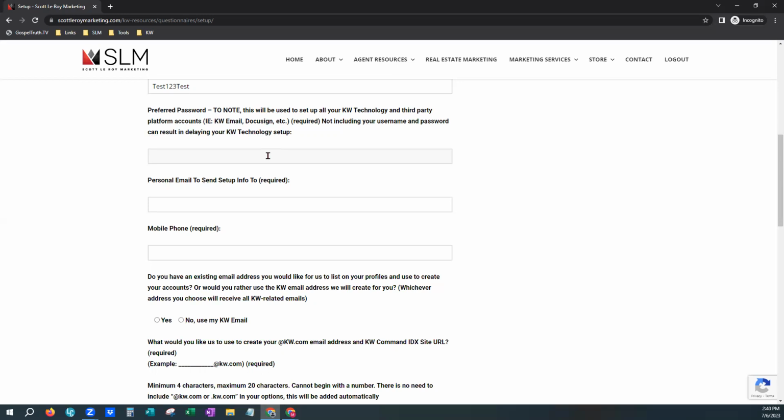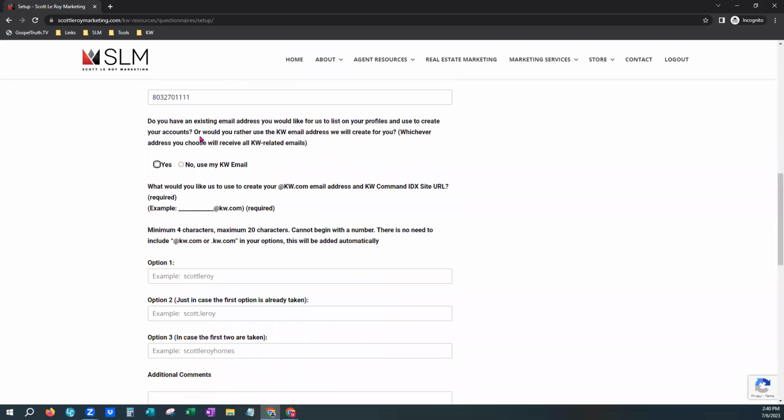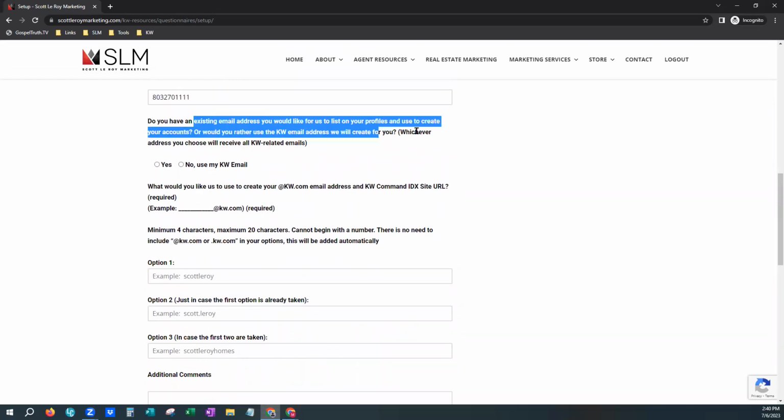The next field is for your phone number. This is required, so please make sure to put in an accurate phone number here. So let me fill in these two fields as we go. Oh, phone number needs to be a number. There we go. And next, do you have an existing email address that you would like to use on your